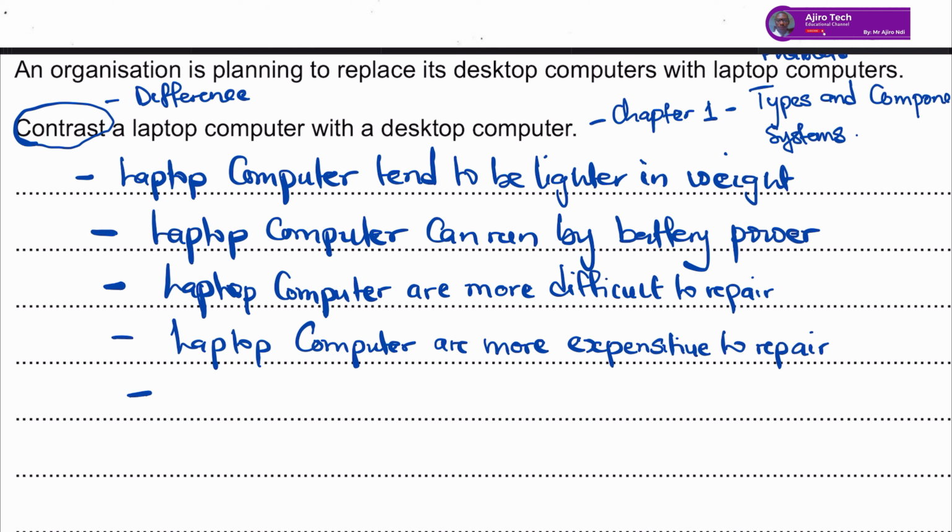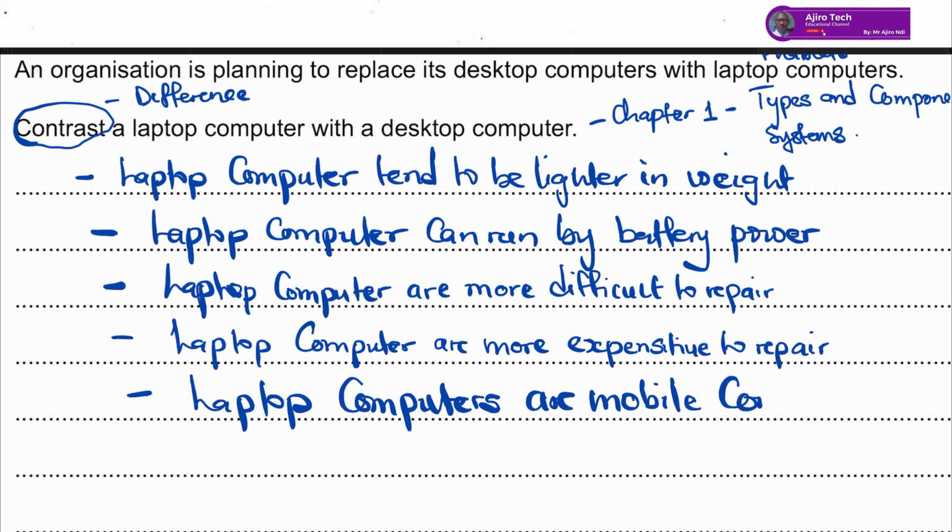And another one is laptop computers are mobile computers. That simply means that we can actually move with it. But the desktop computer, you can't actually be going around with desktop computers. Hello, I'm moving a desktop. No, come on. You can't actually do that. Right. So laptop computers are mobile computers. So this is one, two, three, four, five. And the final one,